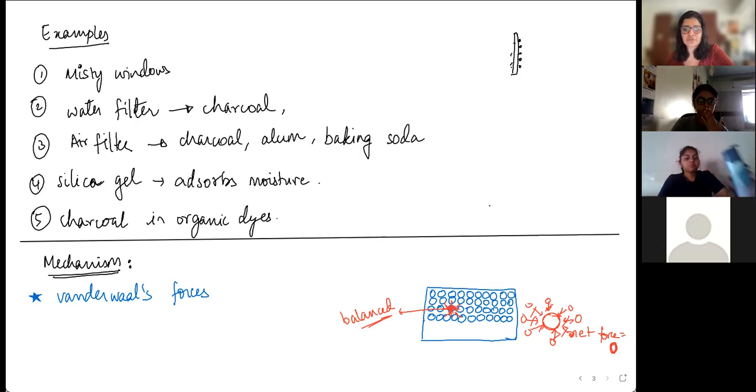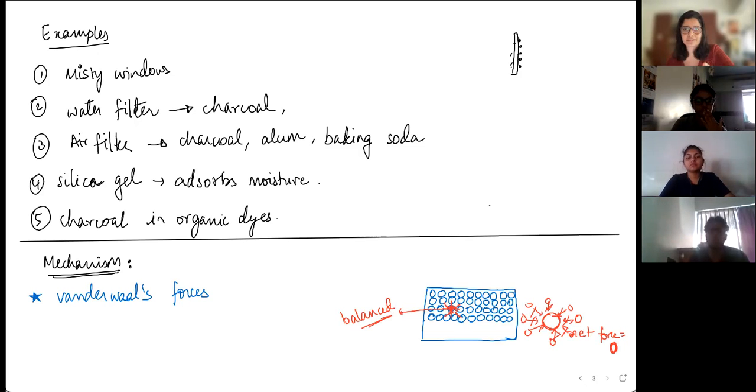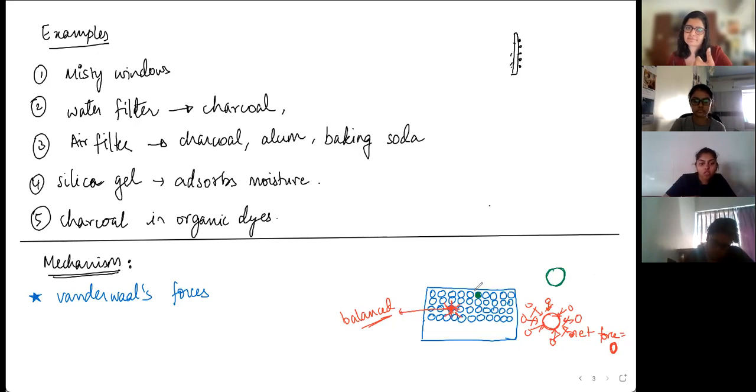Now let's look at a particle that's on the surface, because adsorption is a surface phenomenon. So that I'll highlight in green. Let's take this green particle. So ऊपर का green color का ये particle है. What can you say about the forces that this green particle experiences? Ma'am, not all of them would be cancelled because it's on the surface.